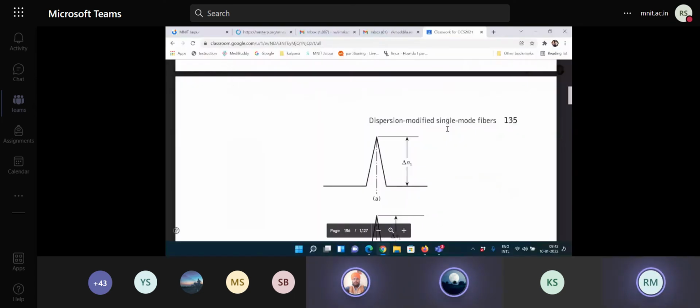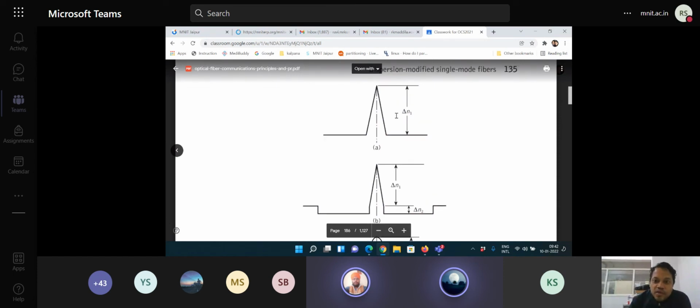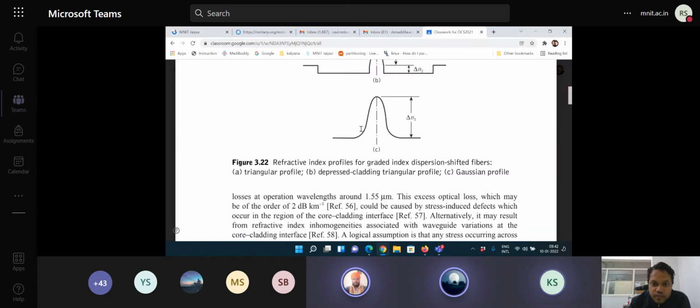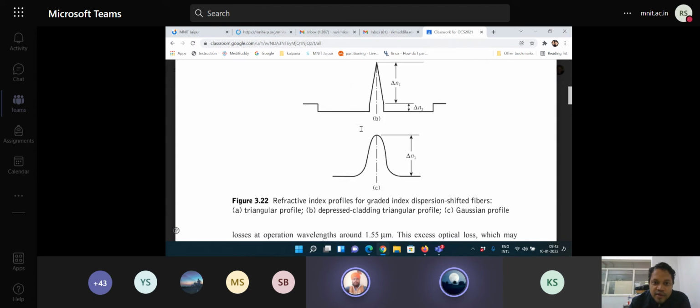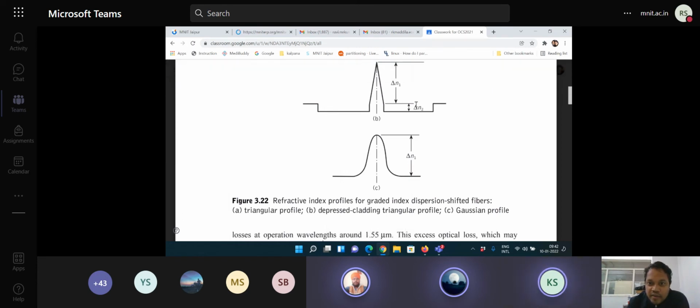Now, these are other different refractive index profiles which have been proposed to have the dispersion shifted fiber. So we can have a triangular profile as given in figure A, and figure B is a depressed cladding triangular profile. So anyway, the core has a triangular profile, and in the cladding, the refractive index is slightly lower, and beyond that, again,